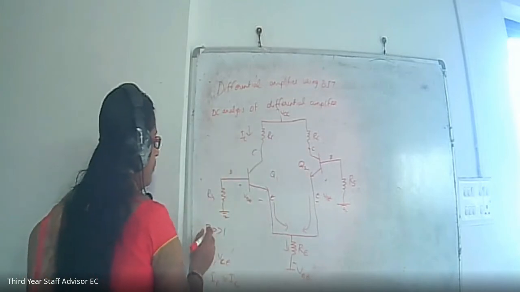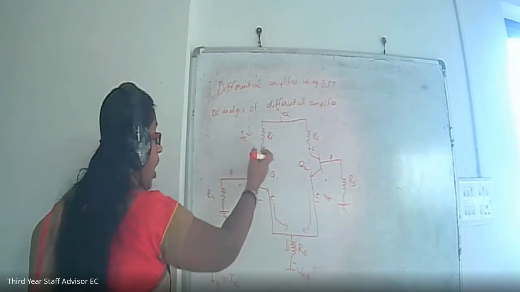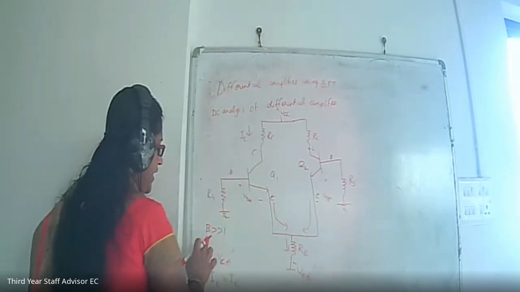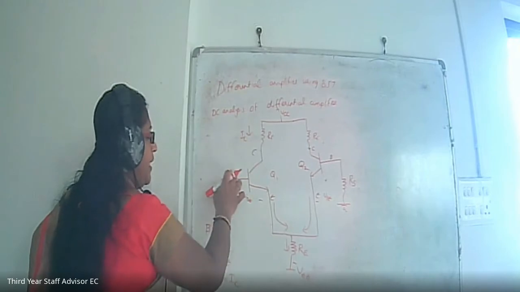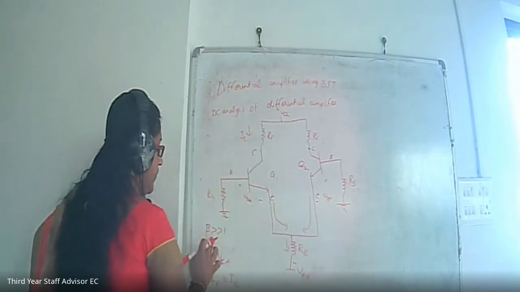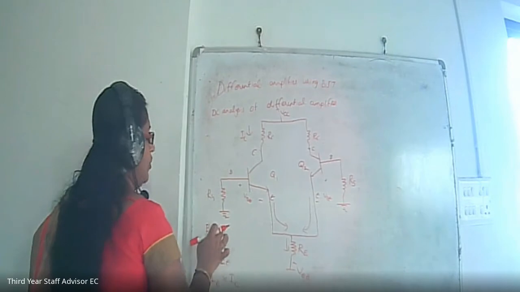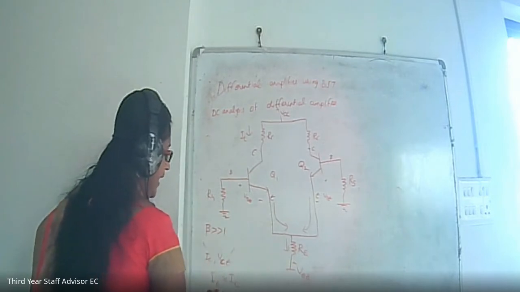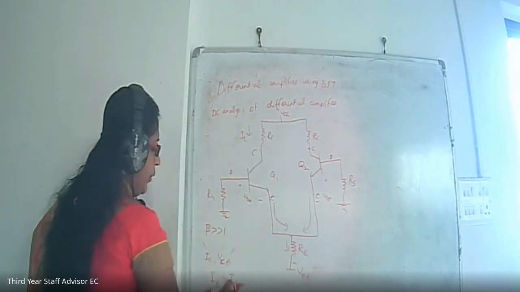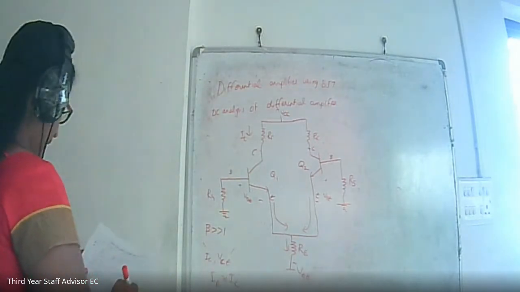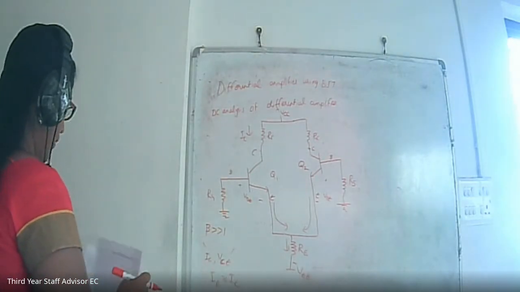So what will be the value of beta? Beta is the current gain, so output current by input current is the equation for beta. So beta, that is IC by IB, is very much greater than 1. So we can directly write IE approximately equal to IC. That is the first equation you have to write. Okay, next,